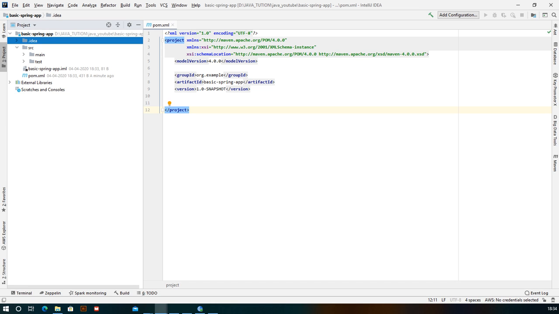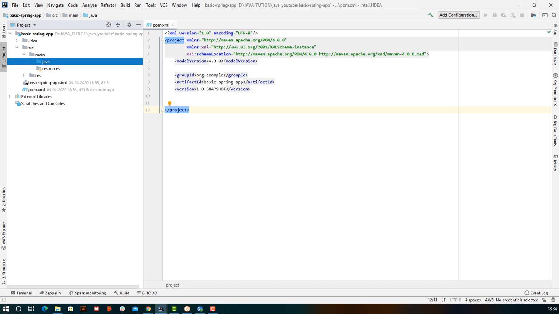Apart from basic coding, there are some properties configuration that we supply to the application from the outside. Now that is out of scope of this video. So let's concentrate on whatever code we are going to write, that we are going to write in source main Java. Okay, and this pom.xml is for any library that we are going to use, like import x.y.z, so that dependency will be in the pom.xml. So if you can see, by default we'll get this